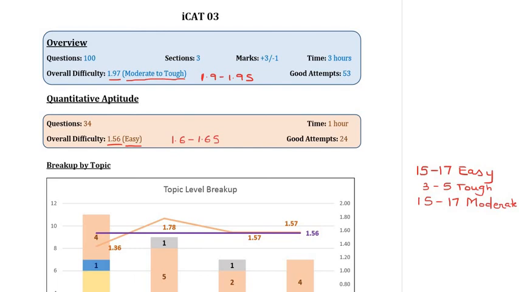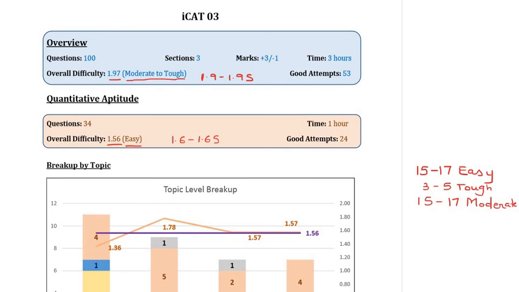Generally, what students do is that they tend to become good at one or two areas, let's say arithmetic and algebra, and don't do well in, say, geometry and modern math. But what if arithmetic and algebra turn out to be tougher in your CAT slot, and geometry and modern math are on the easier side with a combination of easy and moderate questions? Then your chances of clearing the sectional cutoff go down, because while you may be able to solve the easy questions, you would struggle with the moderate ones. So that is something that you really need to take a lot of care of.